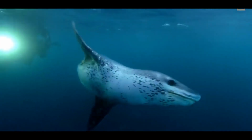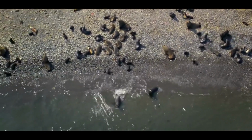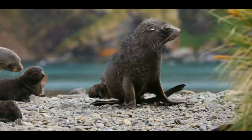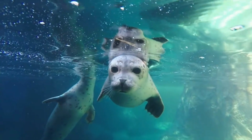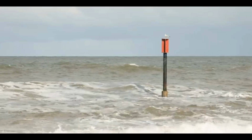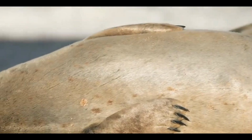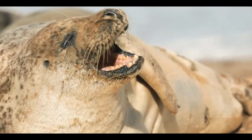These flippers are incredibly powerful and flexible, and they allow seals to maneuver easily in the water. They also help seals to maintain their balance and stability when they're on land, and they can be used as paddles to propel the animal through the water. Overall, the physical characteristics of seals, such as their body shape, fur, and flippers, are well suited to their aquatic environments. These characteristics help seals to swim efficiently, stay warm in cold water, and move easily on land, which are